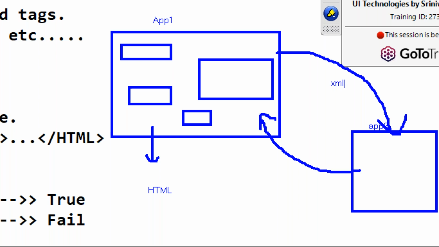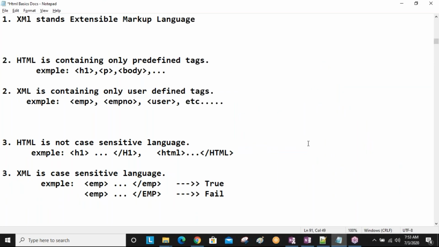Understand? So using HTML, we can display our application related content on the screen, on our website. We can display it simply using HTML, displaying the data. Using XML, sharing the data. One word definition: between one application to another application. Are you getting this one? So remember these points, sir, a lot of times they are asked in interviews.